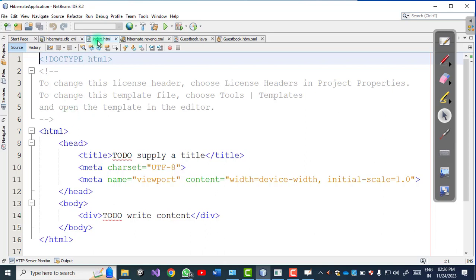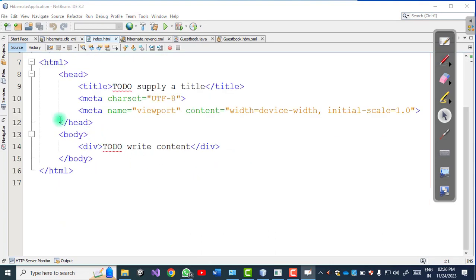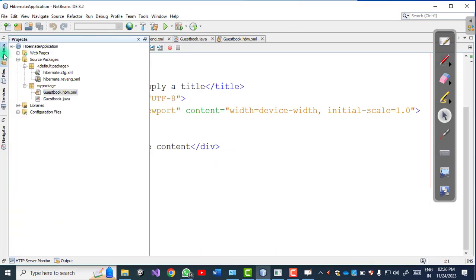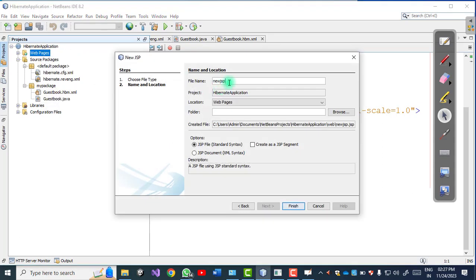Now in step number 5 we create an HTML file, which is by default created by the web application. This is my index.html. Whatever we want to design, we will design in this file, so no need to create this file. And lastly we have to create a JSP file. In web pages, just right click on the web pages, new JSP, and we give this JSP the name insert visitor details.